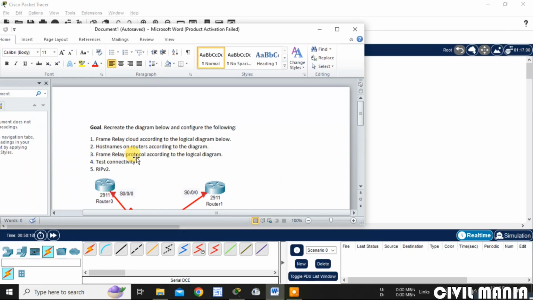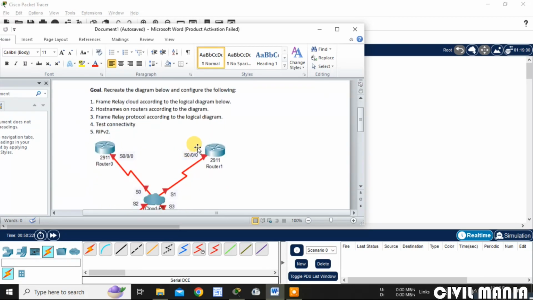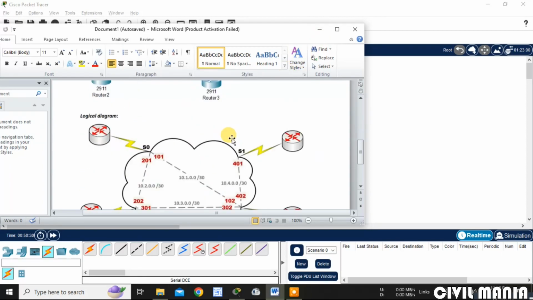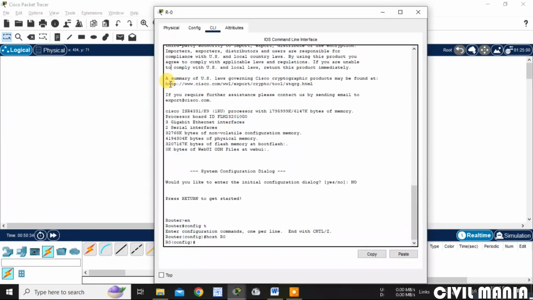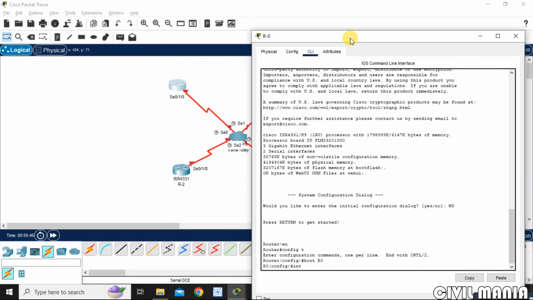Now frame relay protocol according to the logical diagram. Now I have to provide the configuration for the frame relay according to the logical diagram, that is this diagram. So now let me move to router 0. There, first of all I have to select the interface.